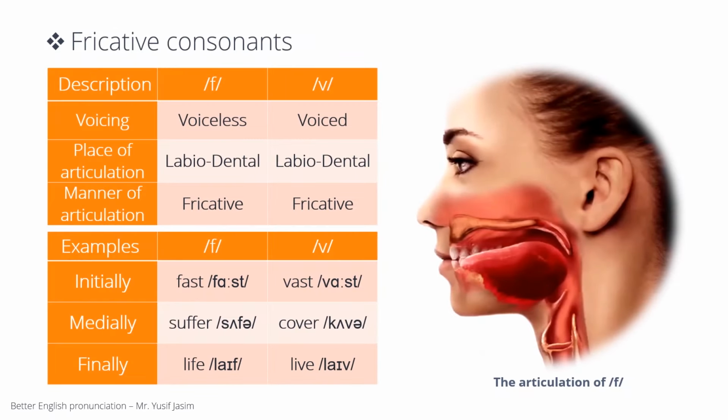F and V. These two sounds are produced between the lower lip and the upper front teeth, hence they are called labiodentals. To produce F or V, the soft palate is raised so that no air goes through the nose, and all of it is forced through the mouth. The bottom lip is very close to the upper front teeth. This forms a narrowing, and when the air is pushed through this narrowing, it causes slight friction. Since these sounds have friction, we will call them fricatives. To describe F and V, we will say F is voiceless labiodental fricative. V is voiced labiodental fricative. Pay attention to the figure and notice how these sounds are articulated.